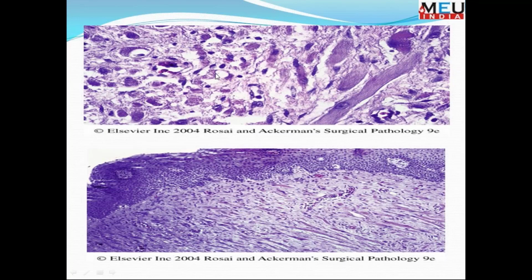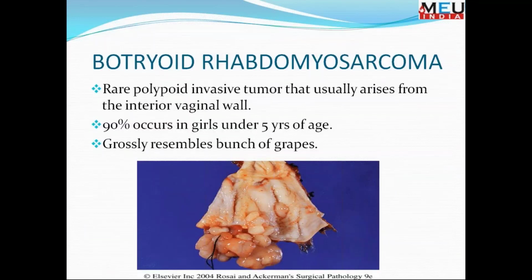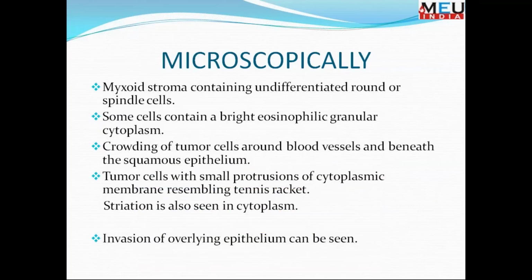Now these are the tennis racket shaped cells, you can see, and they are positive with the trap staining. Or this is the botryoid rhabdomyosarcoma, quite often coming as a polypoid invasive tumor that usually arises from the internal vaginal wall. They occur in 90% of girls under 5 years of age, and grossly it resembles a bunch of grapes. Microscopically, the myxoid stroma